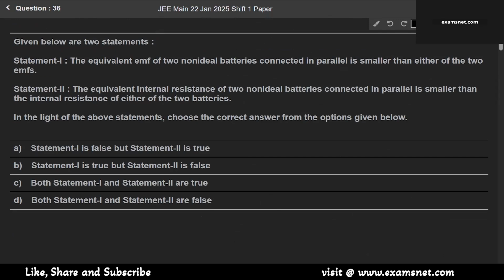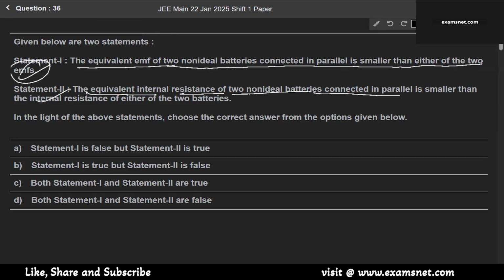Now question number 36. Given below are two statements, statement 1 and statement 2. Statement 1 says the equivalent EMF of two non-ideal batteries connected in parallel is smaller than either of the two EMFs. Statement 2 says the equivalent internal resistance of the two non-ideal batteries connected in parallel is smaller than the internal resistance of either of the two batteries. First one says smaller than either of the two EMFs, and the second says smaller than the internal resistance of the two batteries. First of all, this question is from the chapter of